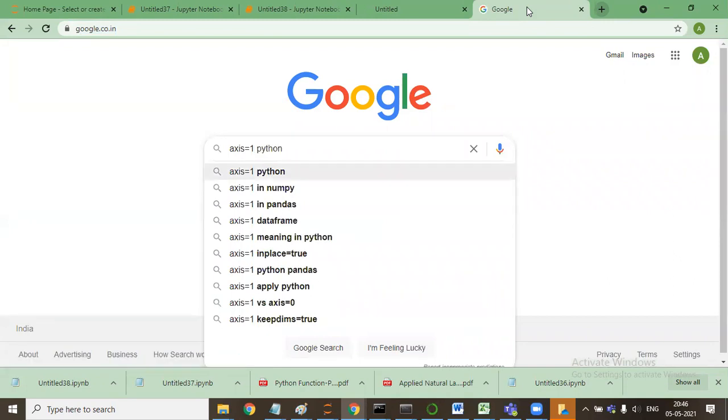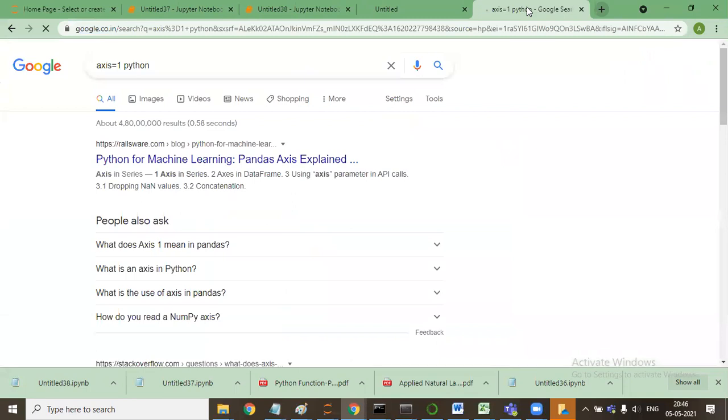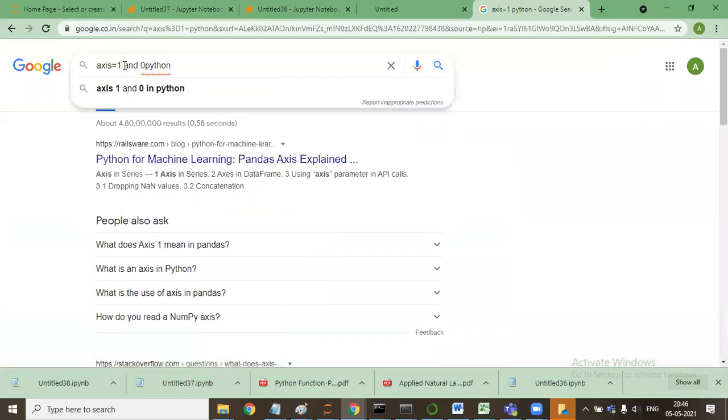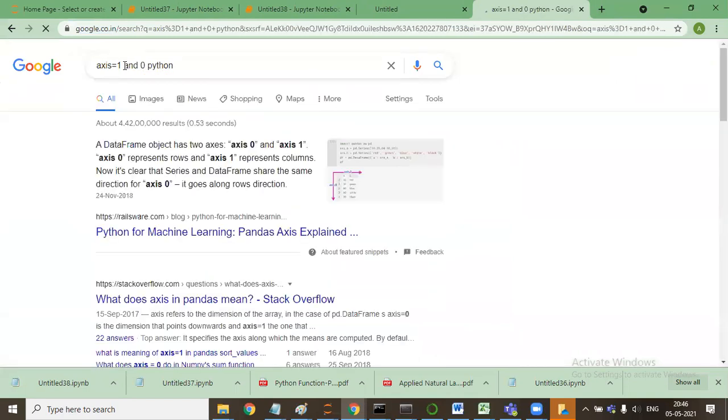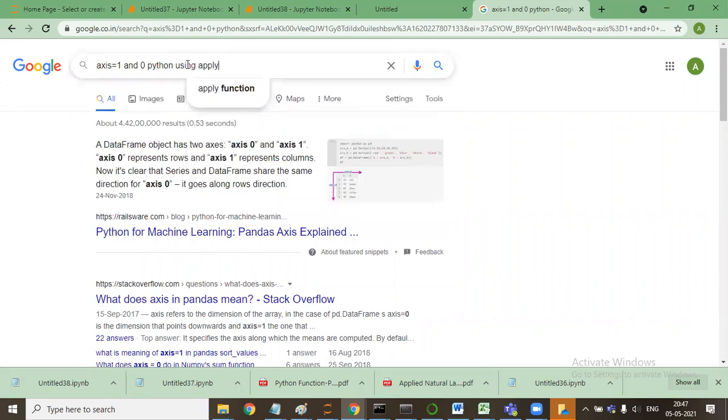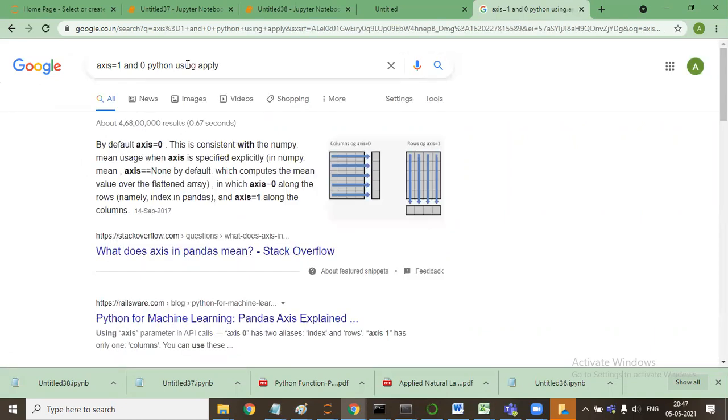Python. 0 represents row and 1 represents column. Yeah. 0 and 1 in Python, using apply, I guess, changes.